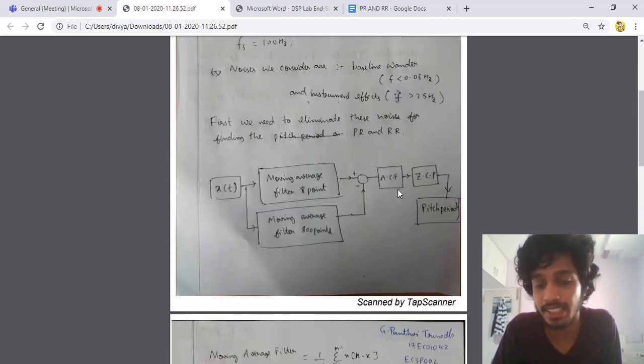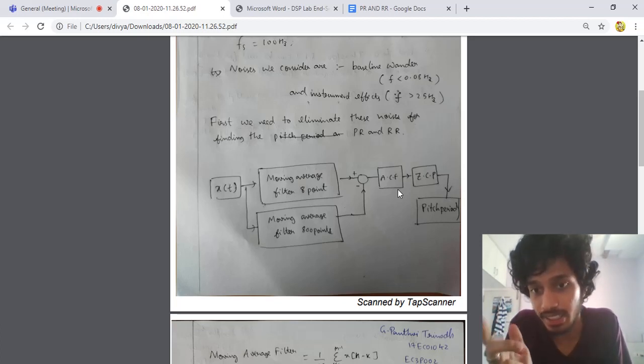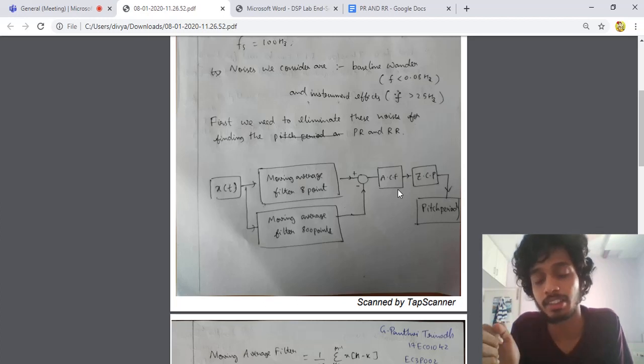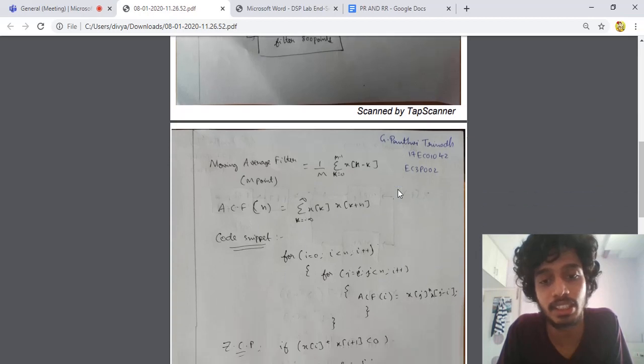So how is that exactly done? The autocorrelation function of a periodic function is also periodic with the same period. So what we do here is we find the first zero crossing point, and next we find the first peak after the zero crossing point. The distance from 0 to this index of peak in the autocorrelation, divided by the sampling frequency, gives my pitch period. So let us look at the various equations involved.